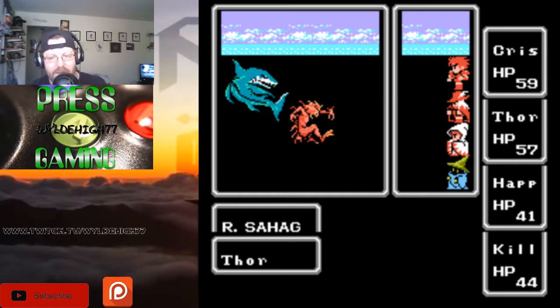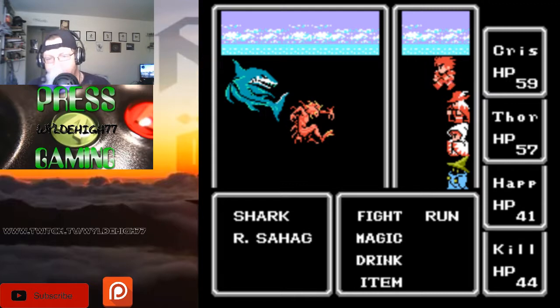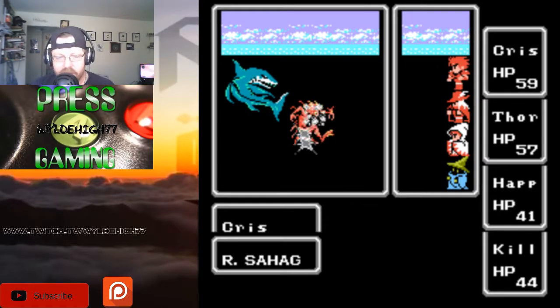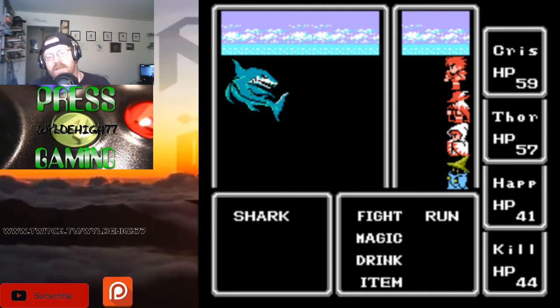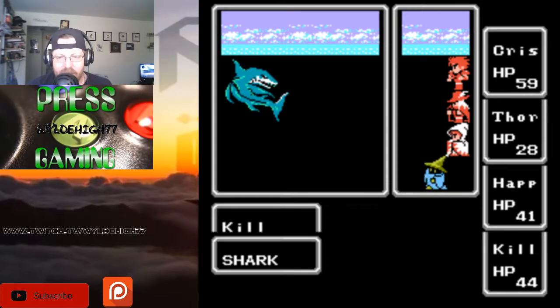Oh, this is not going to be pretty at all. Oh, thank God they missed. We missed, though. That sucks. Kill with lightning! Did nothing. And I think, yep, I am out of spells. I missed who hit. Oh, good, they didn't hit. Chris missed. Thor killed. All that's left is the shark. But we have no spells. Well, we do. We have white spells, which luckily we will probably need. These guys have pretty good health, too, so...